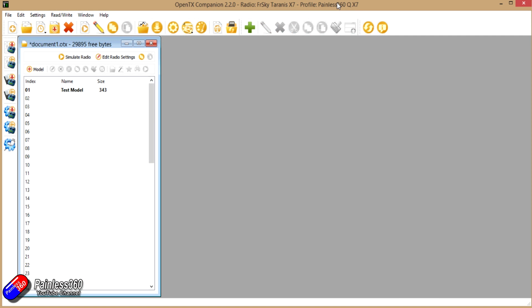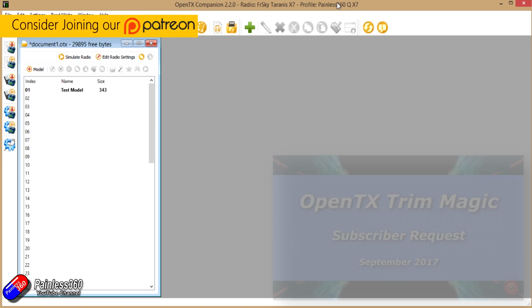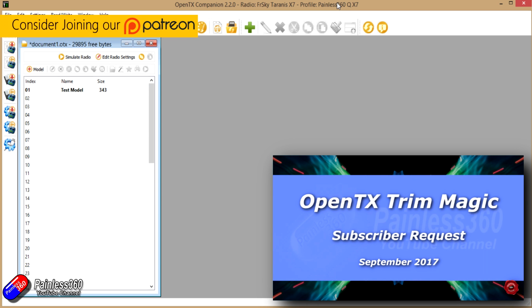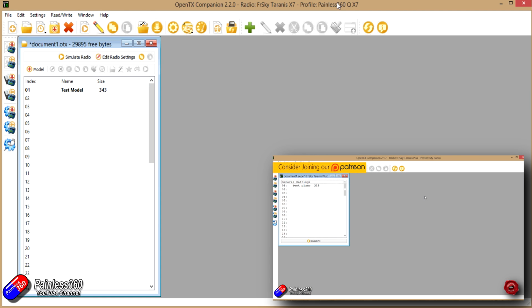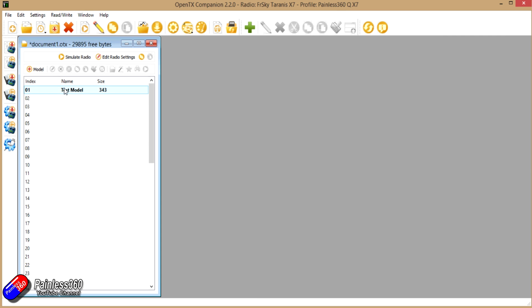A couple of weeks ago we were talking about consistent trims on OpenTX on things like the Taranis radio and the QX7 as well. And I need to do a big shout out to a couple of people that have been in touch to talk about other ways of doing it. Now, just to refresh your memory of what we looked at, here's a test model, and this is OpenTX Companion